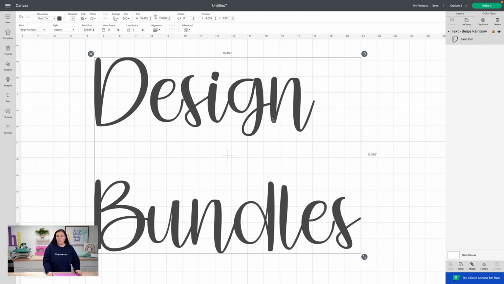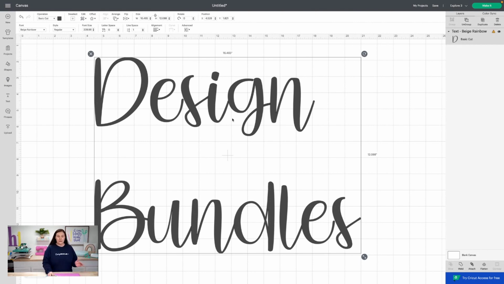Now, Cricut has done a lot over the last few years with their fonts. And so it used to be that you had to bring it in. So if you watch a lot of our older tutorials, or maybe you're searching recently, you may run into an older tutorial where it shows you to ungroup them and bring those letters together. You no longer have to do that whenever it comes to your script fonts. It automatically, as you can see, it's super flawless, right?